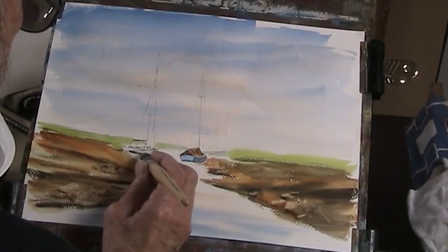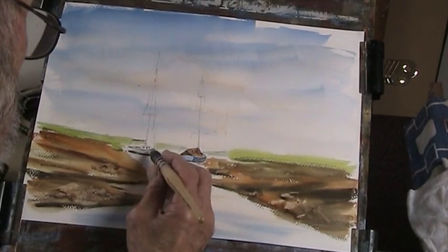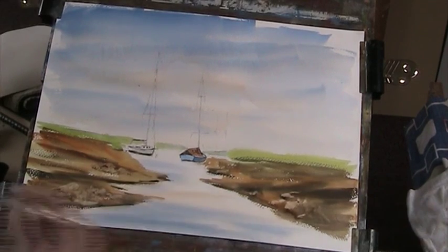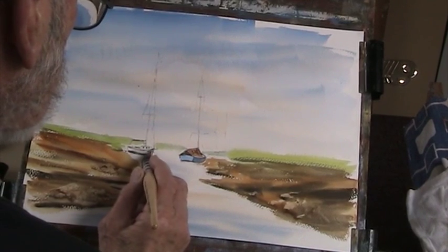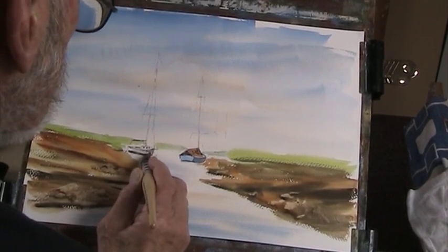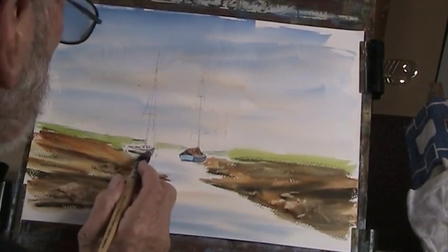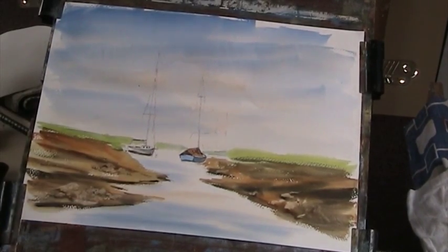That will coincide with the reflection. Right, just put a little bit more shadow on there. Just feather it with a bit of clean water. Okay, that'll do. Right, now I was thinking of using, excuse me a moment, I just reach over to